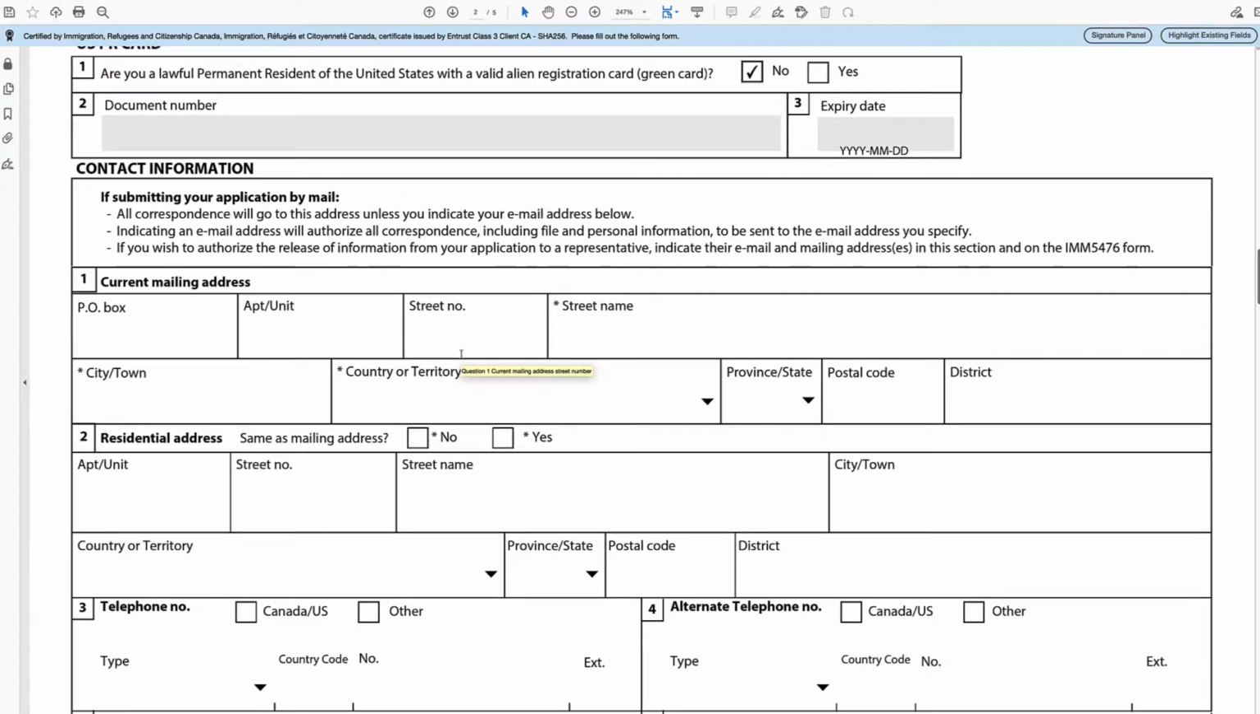If you don't want your personal information to go to a cousin or whoever else that you have the email address for, don't include their email address if you don't want them to receive the information. Otherwise, just do the normal mailing address, the snail mail. Otherwise, if you do provide an email address, they will communicate with you via that email address. So if you wish to authorize the release of information from your application to a representative, indicate their email or mailing address in this section, and on the